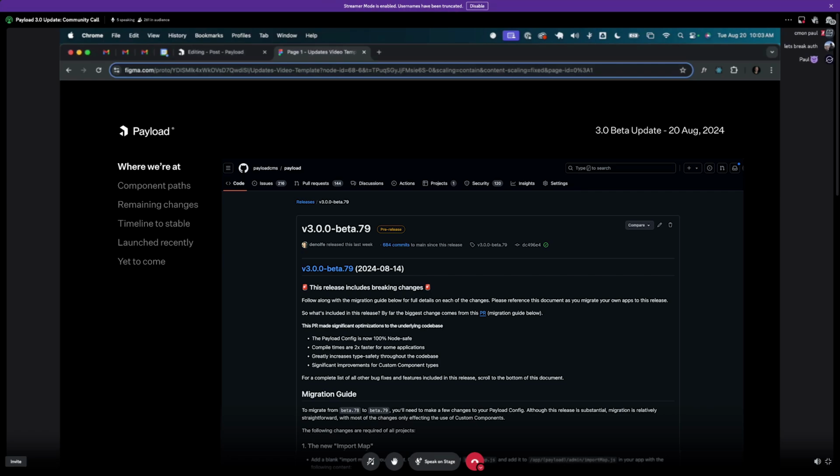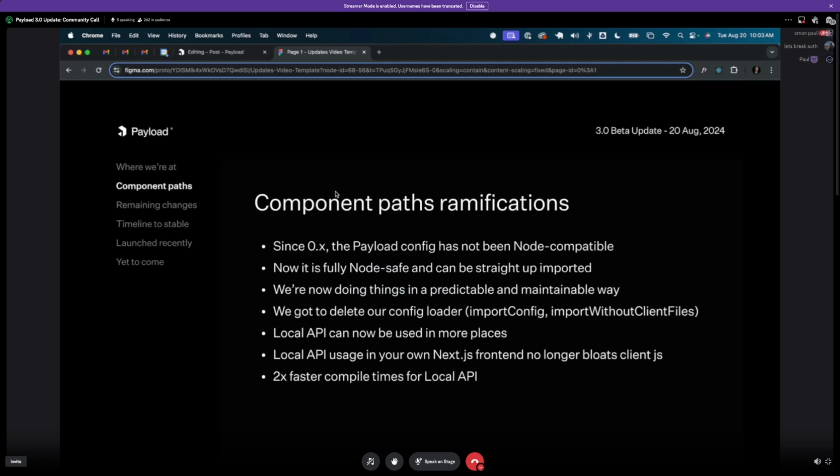And yeah, but the first thing I just want to talk through is this component path change. So this is that big breaking change. It came out in beta 79, I believe, and it was a pretty big one, but there's very, very good reasoning behind what we did here. So